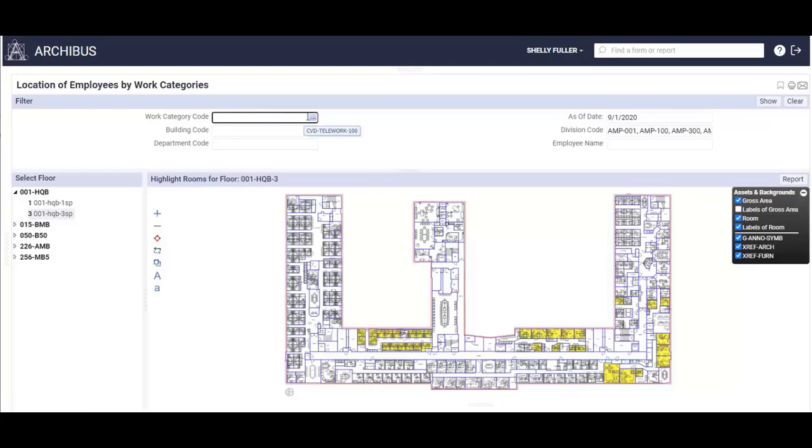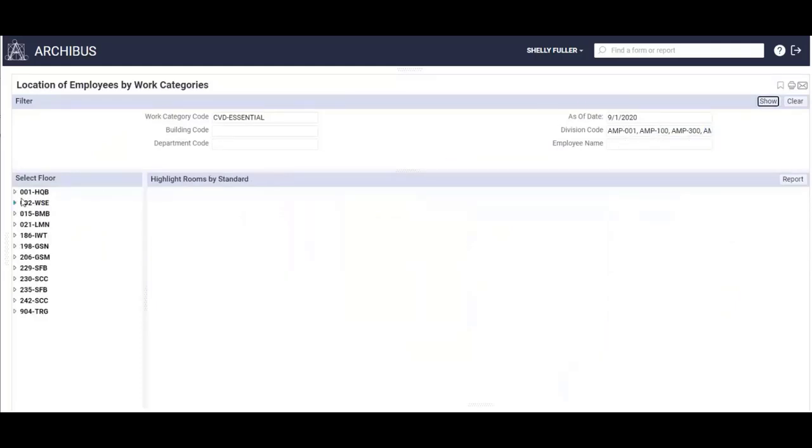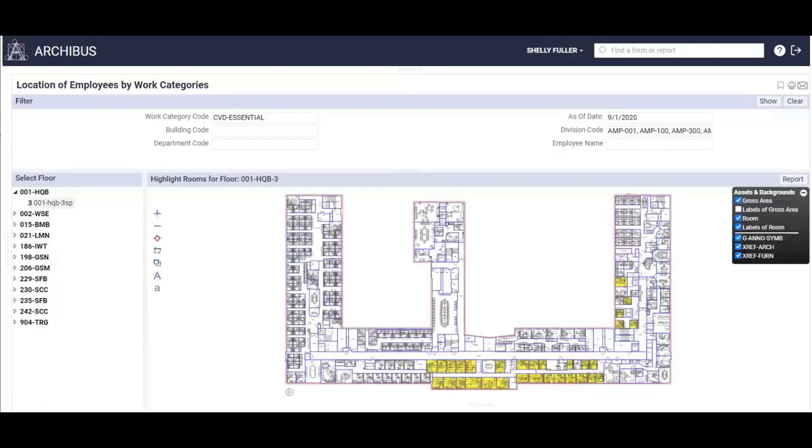possibly that a few of them have switched to this COVID essential schedule to where they're in the office full time. So as of September 1st, looking at that for the COVID essential, we're going to start seeing there's a section of employees that are coming back into the office full time as far as future plans on that September 1st date. But if we were to switch that back again to the current date, we would see less